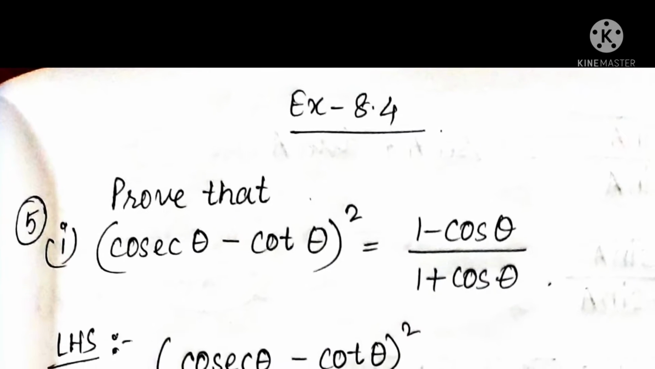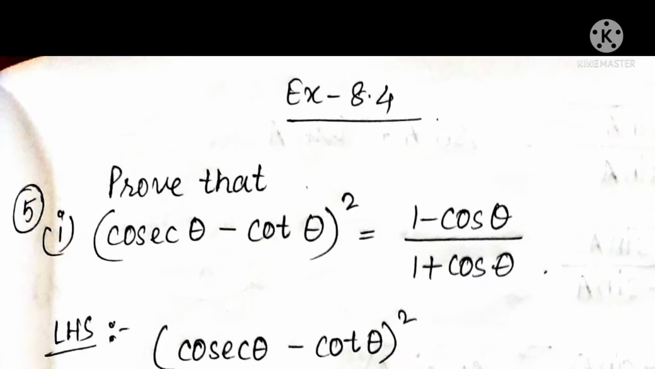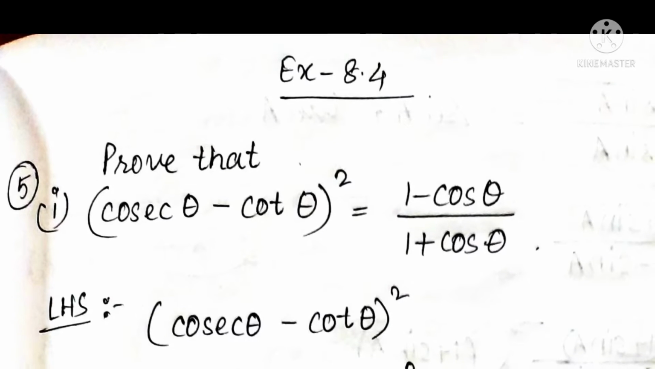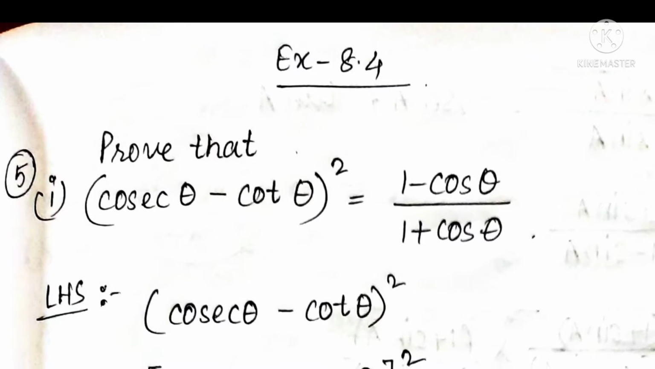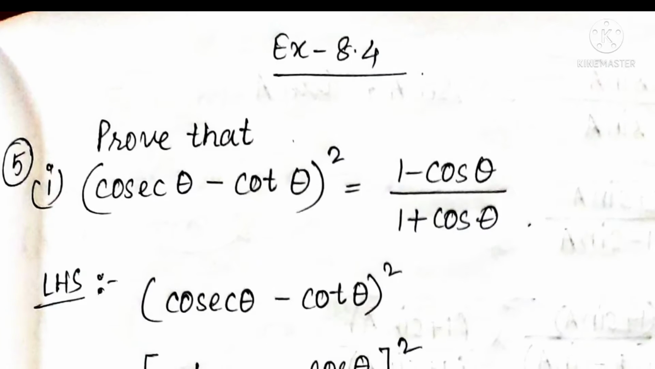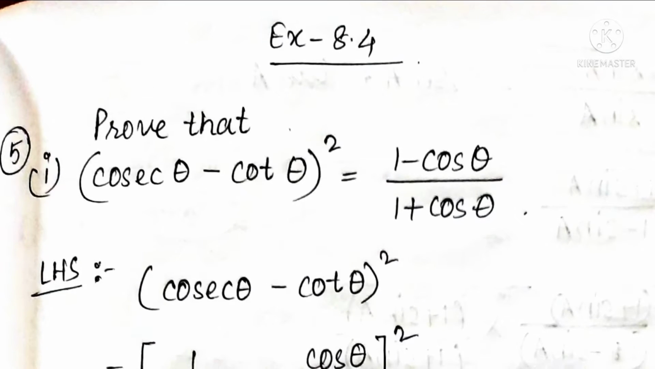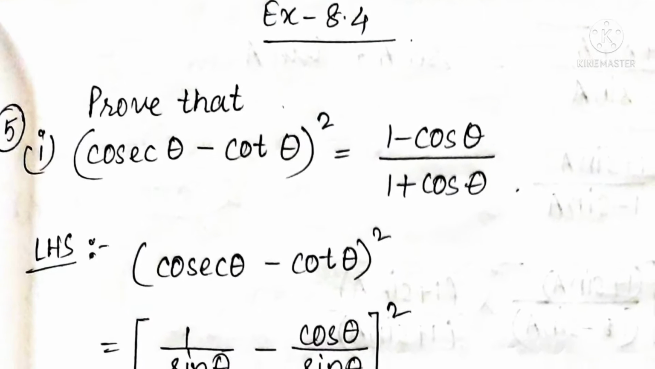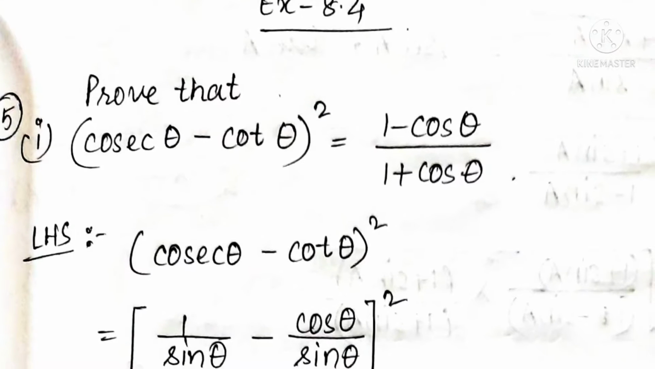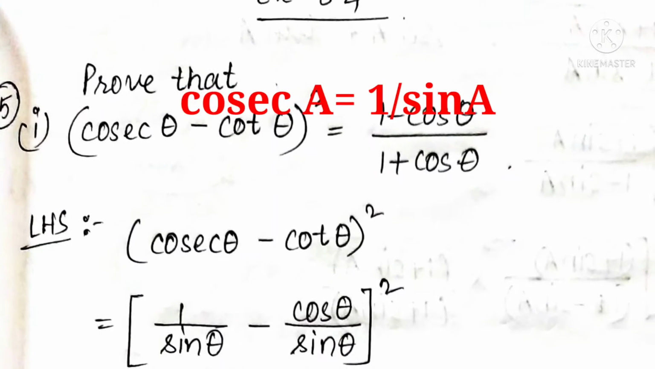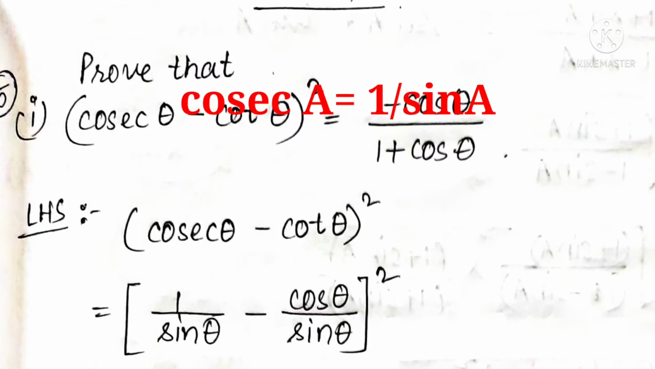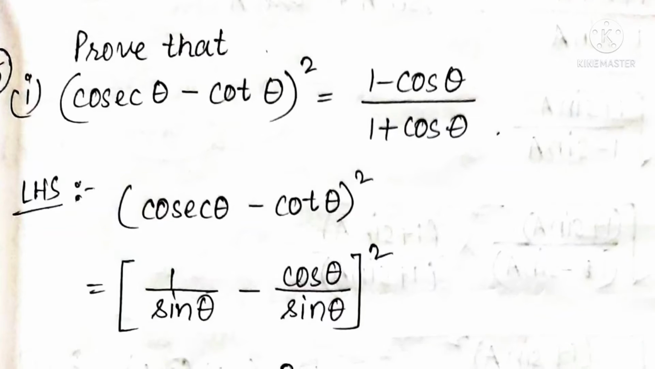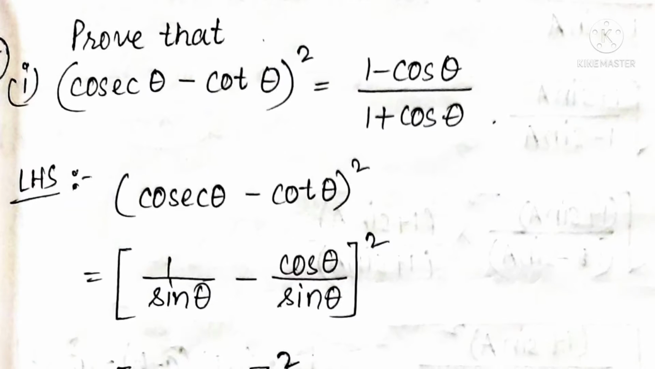Here we have to prove that cosec theta minus cot theta whole square is equal to 1 minus cos theta by 1 plus cos theta. So either you have to take the left hand side part or you have to take the right hand side part to prove the other side. Okay, so now I am taking the left hand side part here. So you can see cosec theta minus cot theta whole square, and in place of cosec theta I can write 1 by sin theta, as sin is the reciprocal of cosec, and in place of cot theta I can write cos theta by sin theta, because cot theta is equal